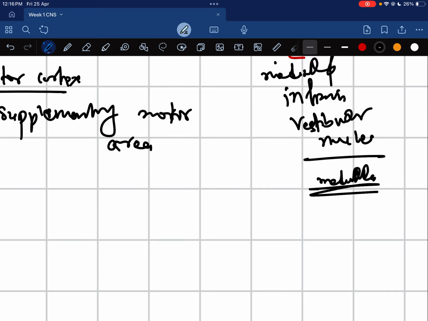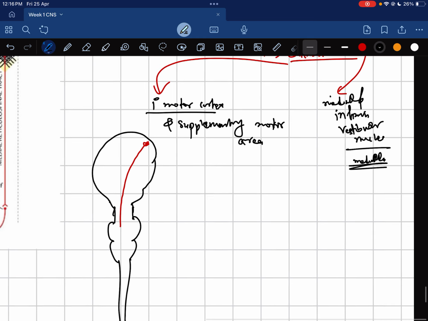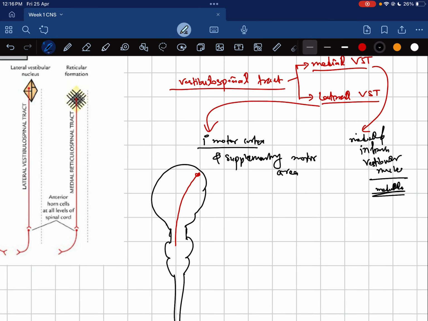And the inferior vestibular medial, both vestibular nuclei